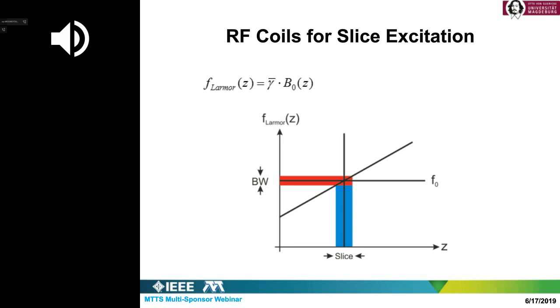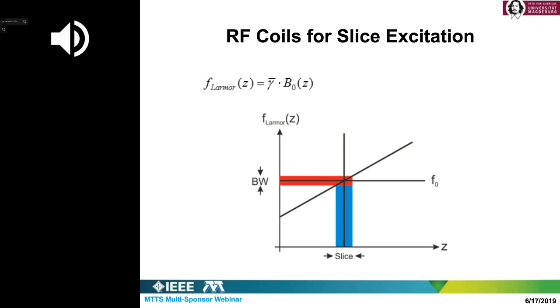The first step is to invert the population in a certain slice. Therefore, you apply a magnetic field. I have here the vertical axis in this view graph. It is a Larmor frequency which is proportional to the magnetic field, as you see in the first equation here. So if you create a ramp in the magnetic field, say along the z-axis, as you see here, now each section of the body along the z-axis corresponds to a specific Larmor frequency.